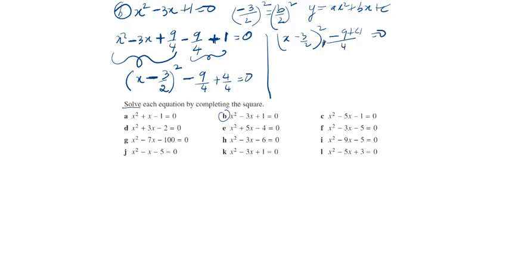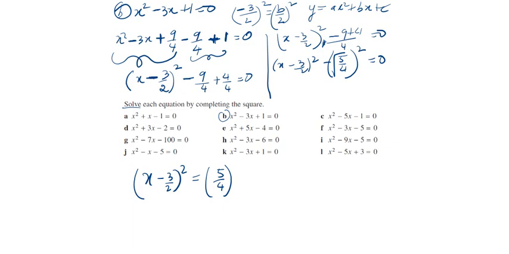So this becomes x minus 3 by 2 the whole squared minus 5 by 4. Okay, I can write this as that, and I can either take this to the other side